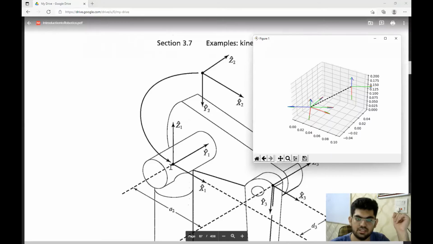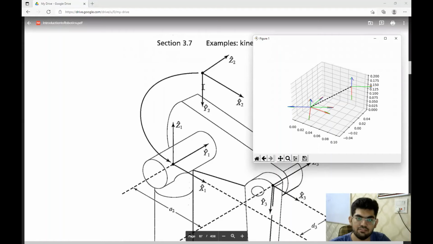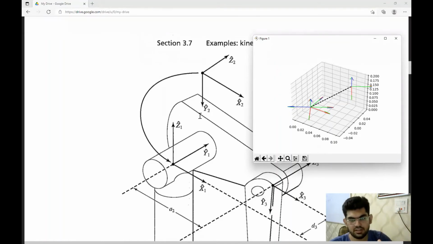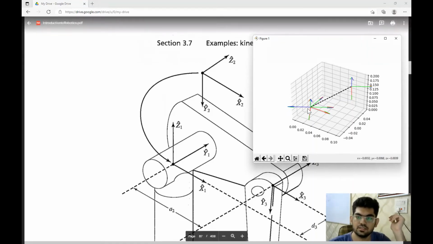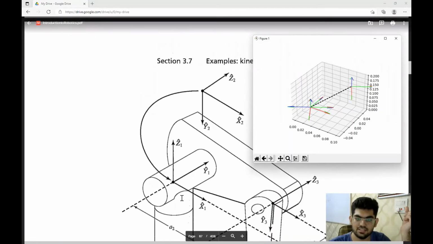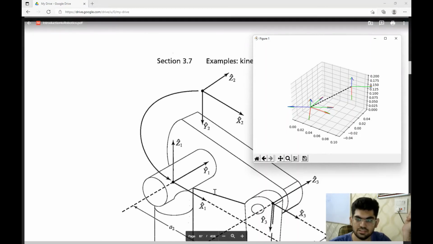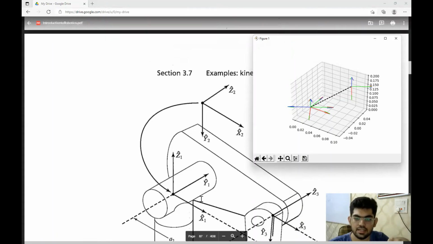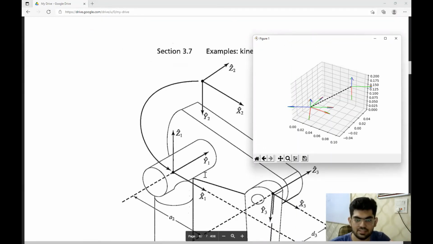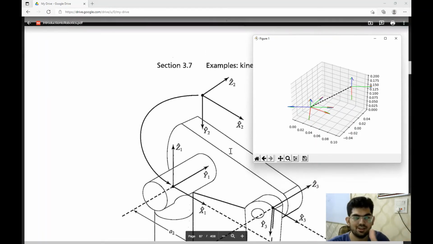And then we have this frame X1 that is rotated by 60 degrees because we rotated theta by 60 degrees. That's over here. Then we have this next frame that is the same frame but rotated, like the z axis is overlapping the y axis, rotated 60 degrees. And then we have a new frame located some distance above along this z1, and some distance along this x1. So we can see that this is happening. The difference is that A and D have slightly different values, that's why we are seeing one in the air, and the other one closer to it.